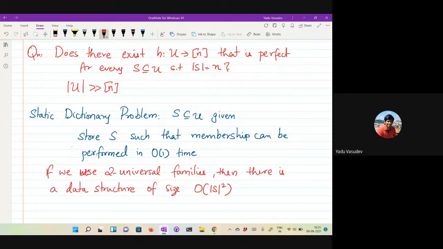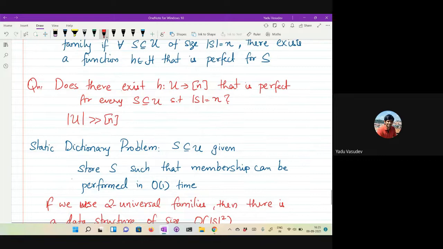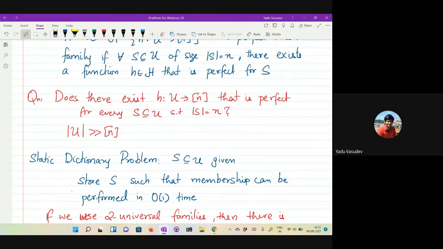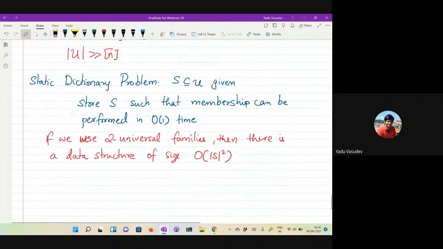Now what we're going to see is that it is also possible. If you had a perfect hash family, then you can do this in order 1, right? What will be interesting is that, given this S, there is a way to actually get hold of this perfect hash function. Which is the perfect hash function that you should use, correct? So what we will see now is a way to do this.